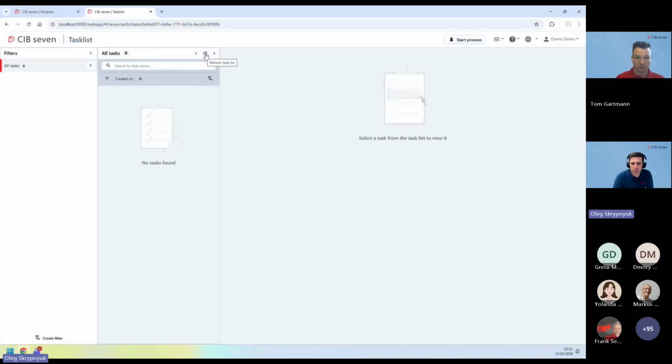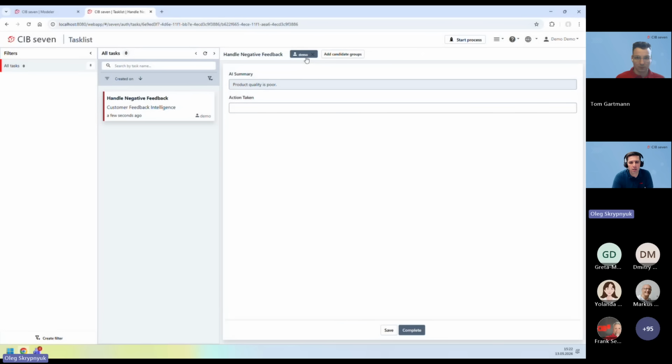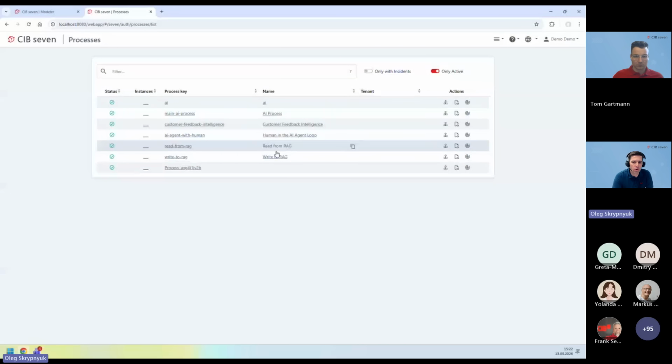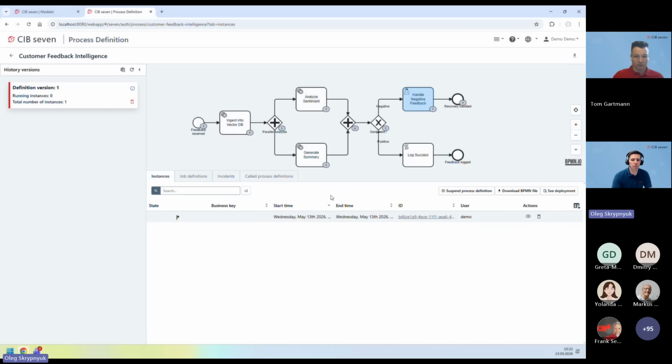So this information is now sent to the knowledge base first, and then we see the result of the AI working in this process. The AI summary says the product quality is poor, and of course, you should make it better. And what has happened currently under the hood of this process is